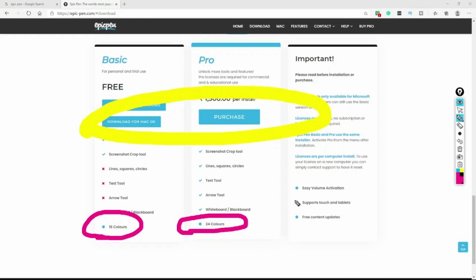I will leave the link to download this software in the description box below, or you can simply Google Epic Pen. It's an amazing software, friends, and if you're doing your screen recording, then also you can use it. For example, currently I'm doing this screen recording and showing you all these things, so it's an amazing thing. I hope it will be very useful for you. I've already made a couple of videos before this as well. You can always go to my channel and check out the same.